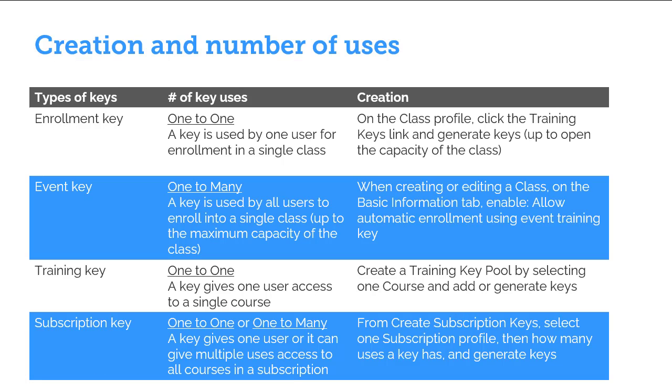So let's talk also about how you create the keys and how they get used. So for an enrollment key, we'll start at the top. For an enrollment key, these are one-to-one. So one key is used by one user for an enrollment into a single class. And to create this,